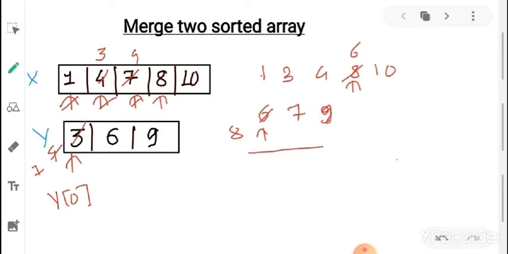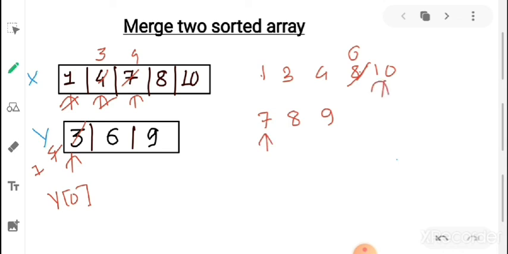Then again we'll check whether our y array is in sorted order or not. Obviously it is not, so we'll make our y array sorted again. After sorting the y array, it will look like this: 7, 8 and 9. Now again we'll check between 7 and 10.